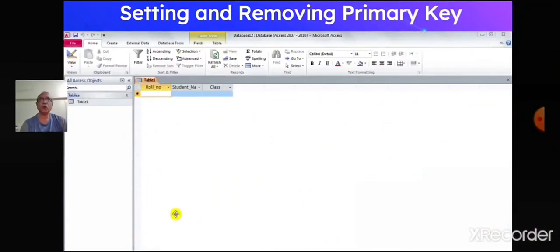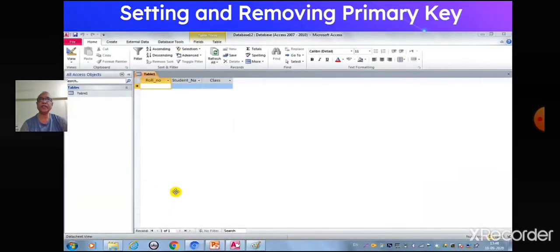Now we will understand what is primary key. Primary key is a standard feature of every database management system. A primary key is a sort of check on the table that every record in the table is unique. So what is primary key here? The primary key is a sort of check on the table that every record in the table is unique and does not contain any duplicate data. A table can have only one primary key.